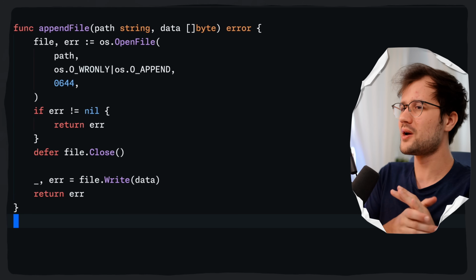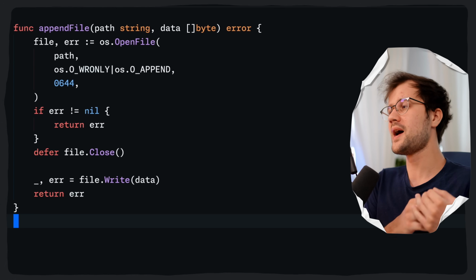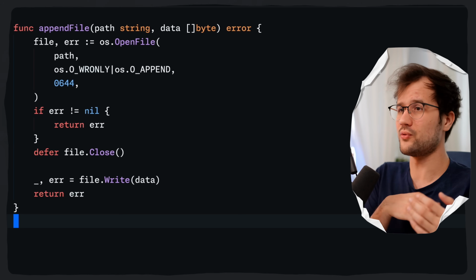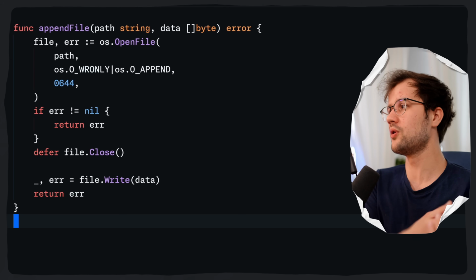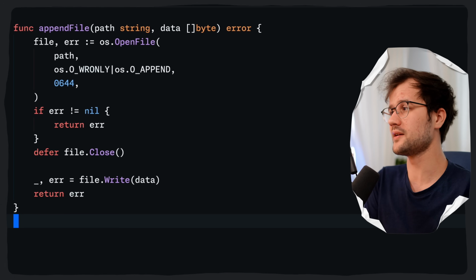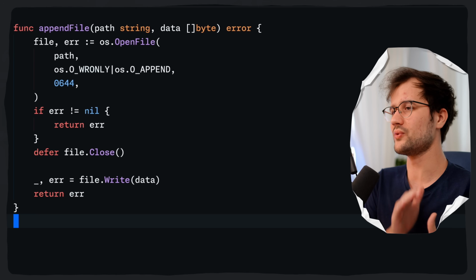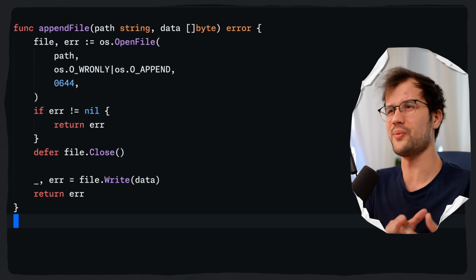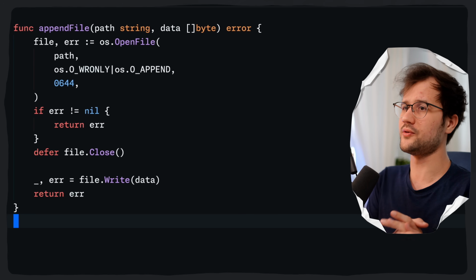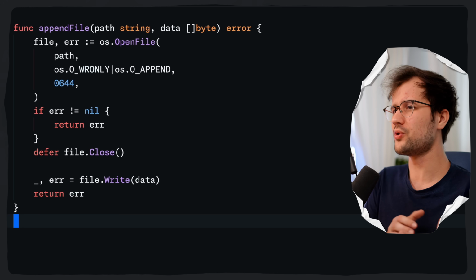I'm only going to basically use os.readFile, but you can also, for instance, leverage io.readAll. Now this example only demonstrates reading the contents of a file for smaller files. You can also leverage buffered reading to read larger files with, for example, the bufio reader. But I'm going to make things really easy here. I'm also going to make a separate video just for buffered reading. But generally, I always recommend using buffered IO whenever possible, because in the end, it is much more efficient